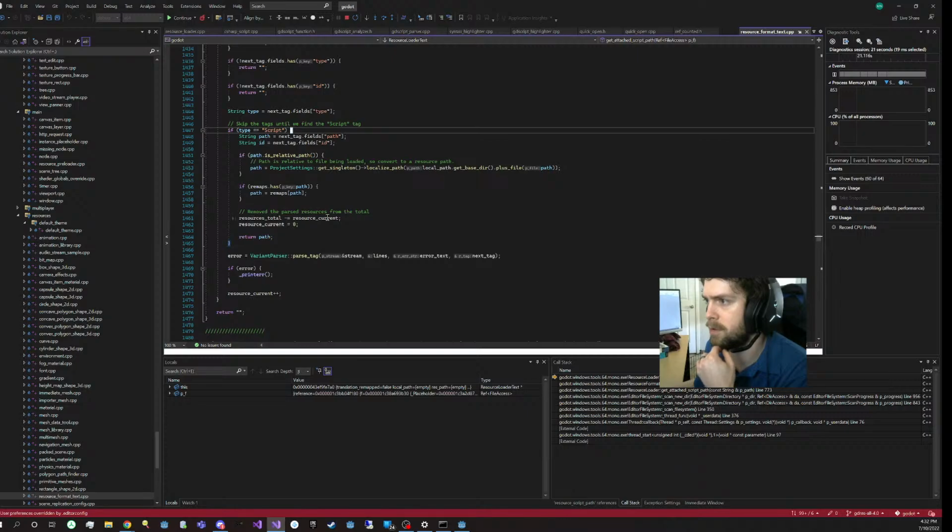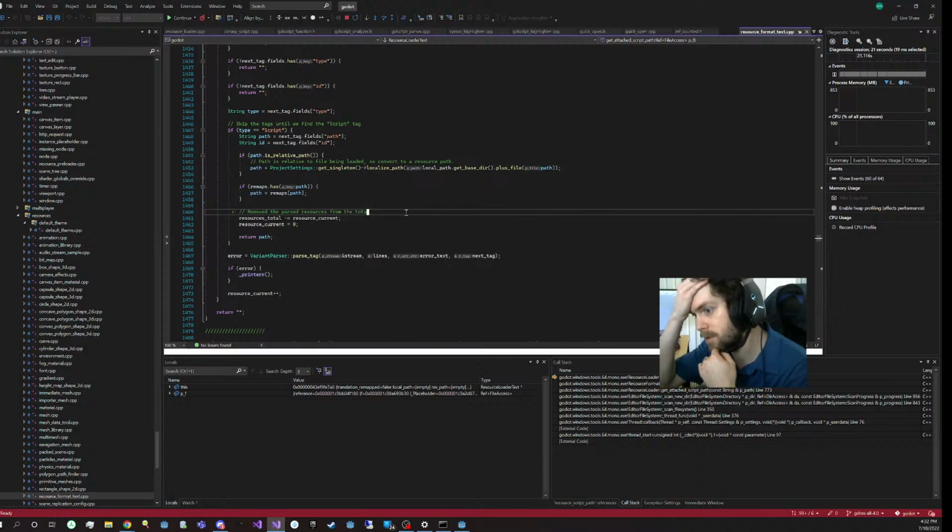Okay, sure. The only thing he checks is that it's a script. So this doesn't actually verify that the script is done properly. Is custom resource is script? Okay, so unfortunately the term custom resource is a little bit loaded because in Godot, I think, was it 3.0 or like 2.1 or something,